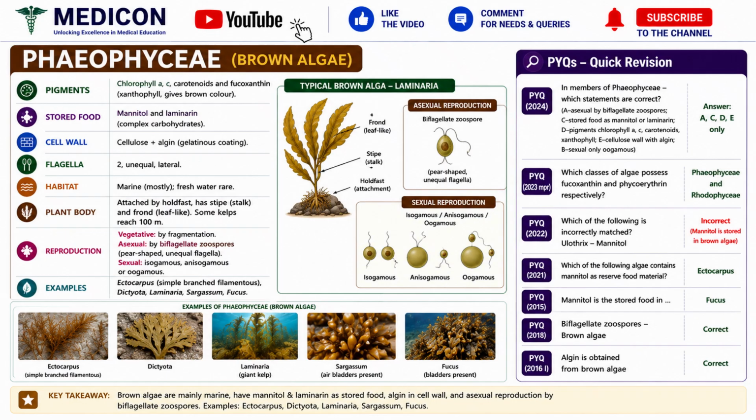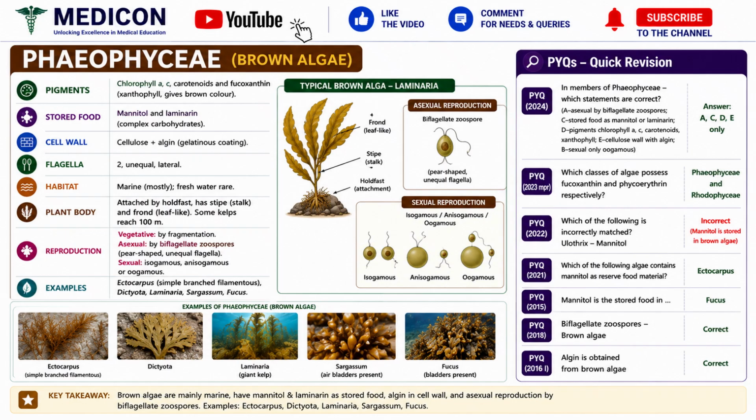The asexual reproduction happens through zoospores, and these zoospores are pear-shaped, biflagellate, and have unequal flagella. Sexual reproduction happens like isogamous, anisogamous, and oogamous. Examples of the Phaeophyceae, brown algae, are Ectocarpus, simple branched filamentous, and Dictyota, you can see here Dictyota, okay,